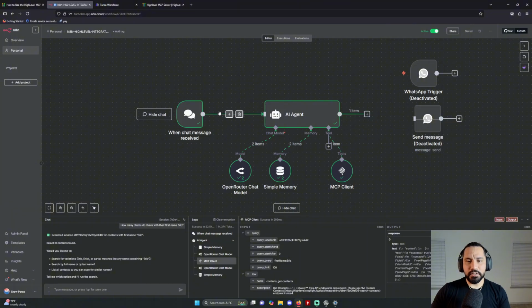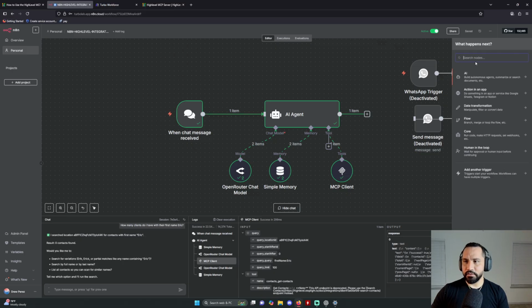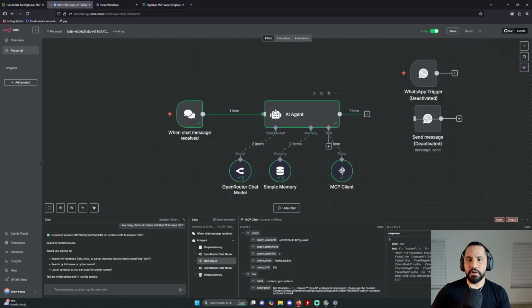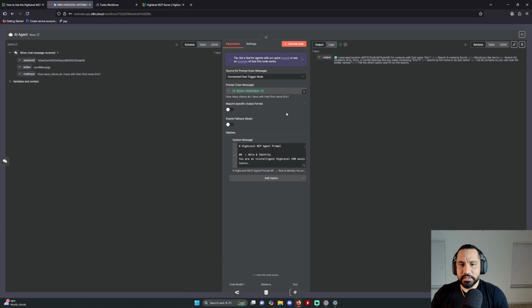To make sure that you get this done, you're definitely gonna need the trigger node, which is just the chat, as you can see, adding it right here through chat trigger. This is how you add it, how I did it earlier. And then one of the key things that you're gonna need, and this is definitely one of the things that's gonna help you,